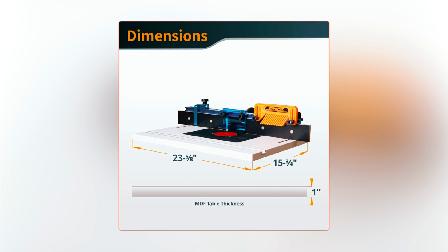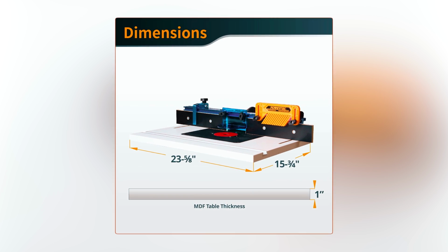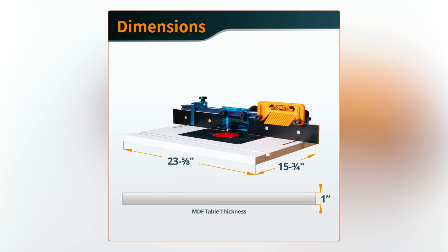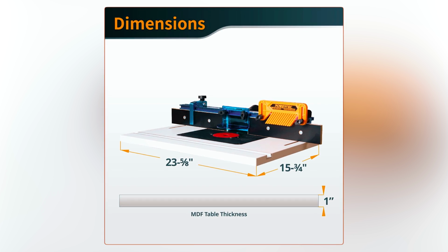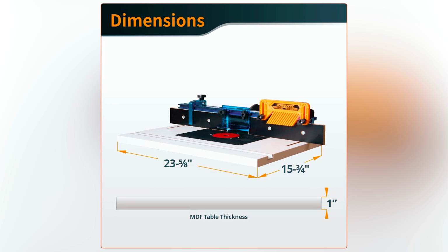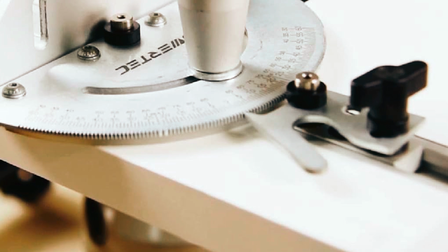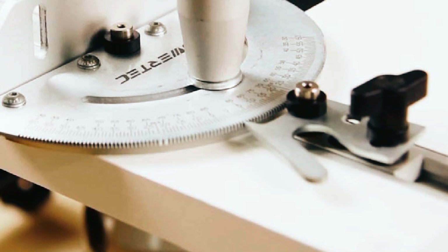POWERTEC 71402 Router Table. Coming with dimensions of 28.15 by 16.73 by 5.7 inches and a weight of 28.1 pounds, this benchtop router table is designed to give you all the workspace you need to tackle bigger jobs. It offers ample room for larger boards and heavy routing, giving you the advantage of a full-size router table in